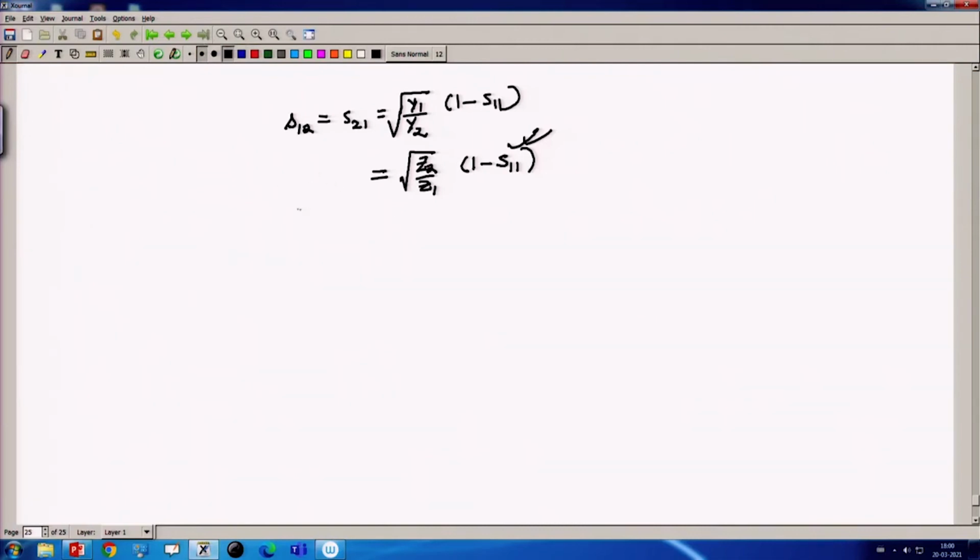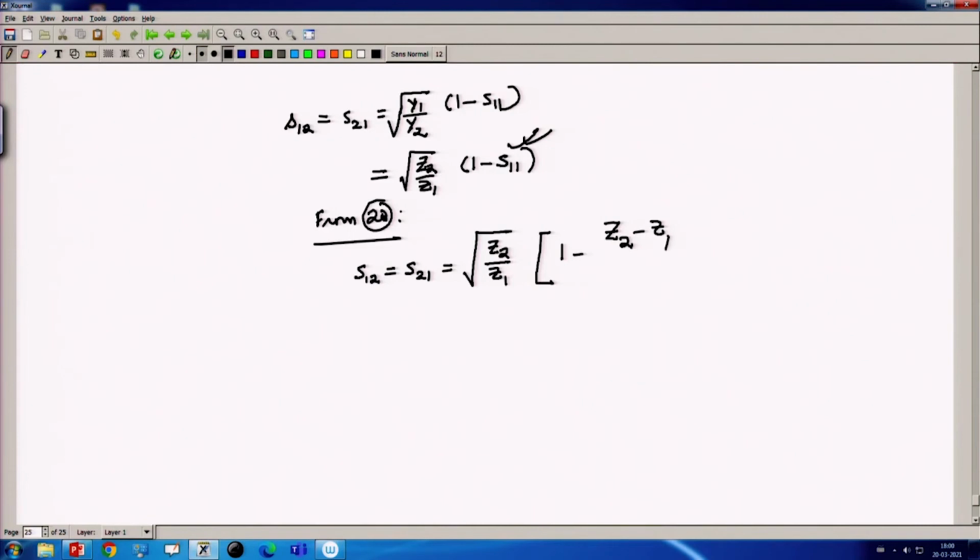So from 20, S 1 2 equal to S 2 1 equals root of Z 2 by Z 1 times (1 minus (Z 2 minus Z 1 as J x) by (plus J x)). We just substitute S 1 1 from 20,